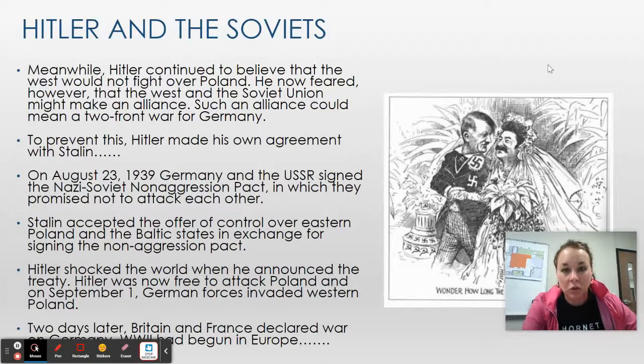And the agreement was made with Stalin because he said, hey, as soon as I take Poland, as long as you don't mess with me,